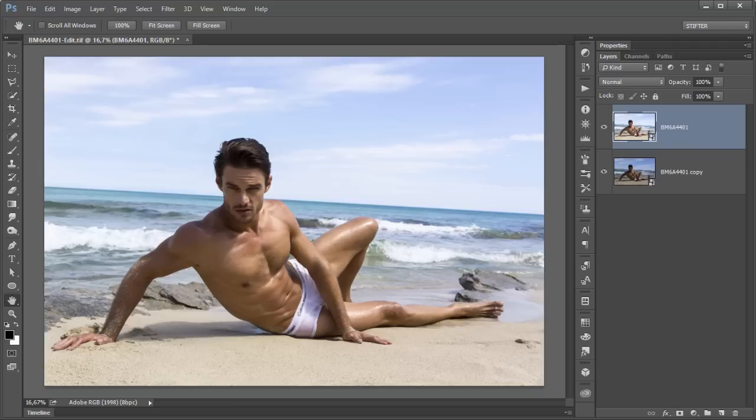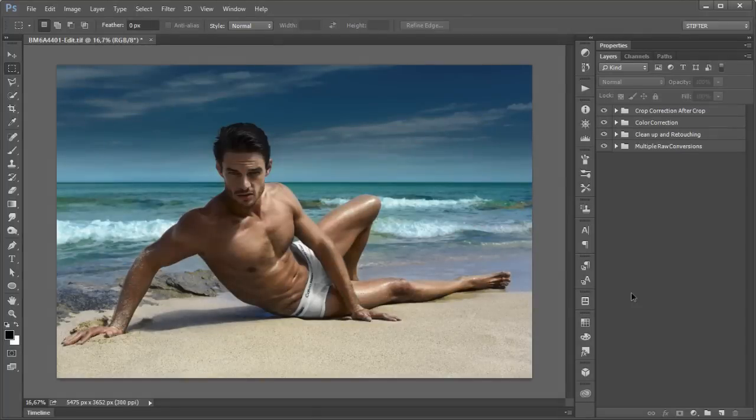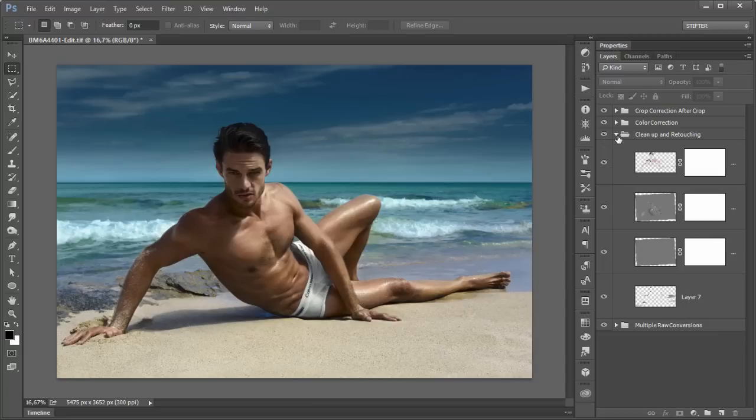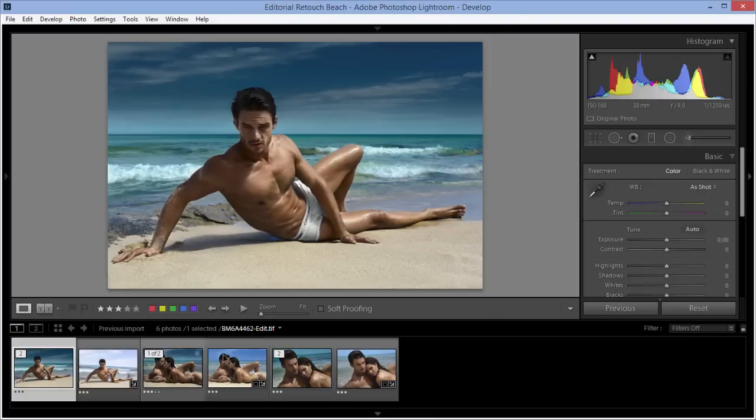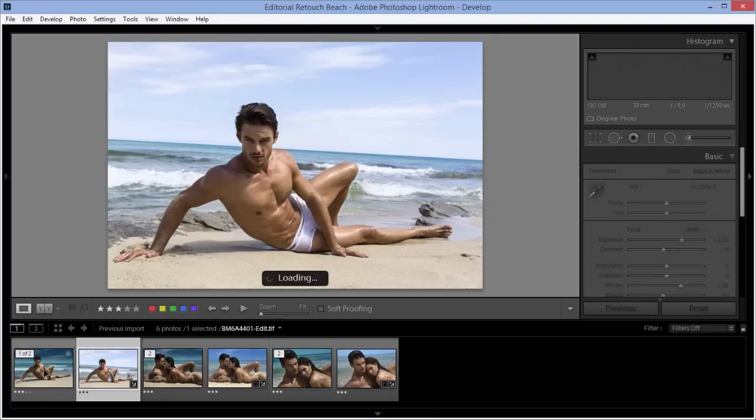And once I'm done, I can now continue working on this file. So let's continue from here. I would just continue working inside of Photoshop until I'm satisfied with what I've got, and this is the same process as when I was showing you in different episodes what I've done inside of Photoshop. Once I'm done, of course, I would have all my groups with layers and everything I showed you before. So I would just continue saving it, and every time I save it inside of Lightroom, it would appear right next to